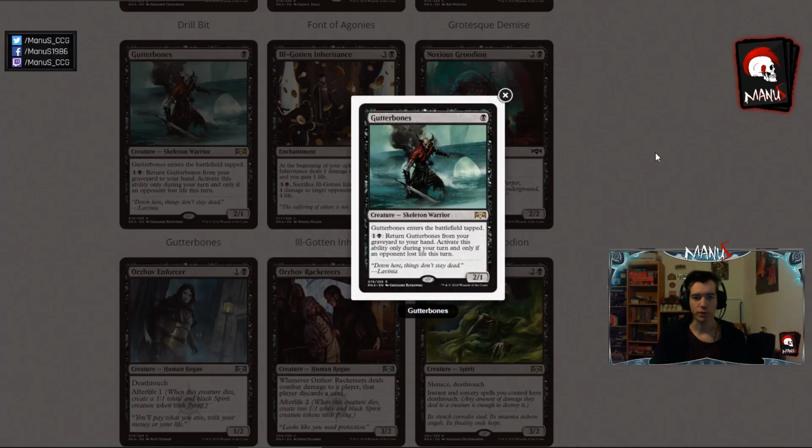Okay, so first off we have Gutter Bones. This is very clearly a nice constructed card. It's a 2/1 that comes onto the battlefield tapped, so it only cannot block the first turn, but doesn't have the usual annoying can't block clause like something like the Gravecrawler, for example. It's a bit harder to recur, but basically on Spectacle, or like if you dealt damage to your opponent, you